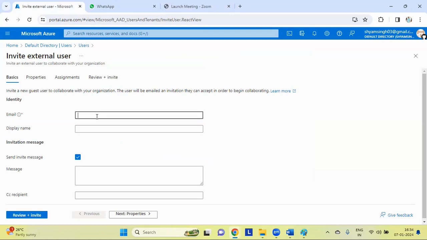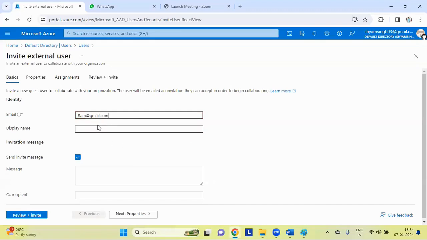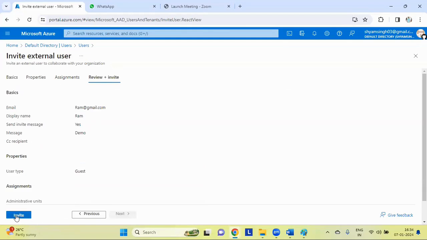Okay, so let me give the name Ram@gmail.com. Okay, so display name, suppose you can give Ram, and here demo, and just review and click on invite. You can see here it says invite, and there it was create.